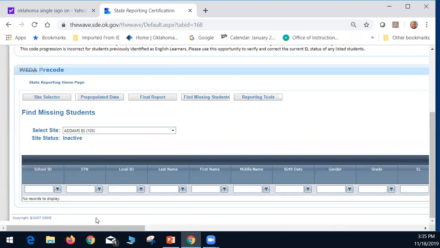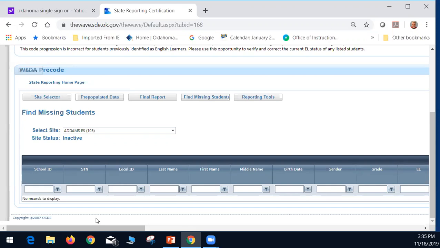The first reason, and the most important, and why this report was designed, was to identify a coding progression error between students who were formerly 2349 or 1637, so they were formerly identified as English learner or English learner declined EL services, but in the past year, they've been switched over to either 1633 native English speaker or 1634 fluent English speaker or